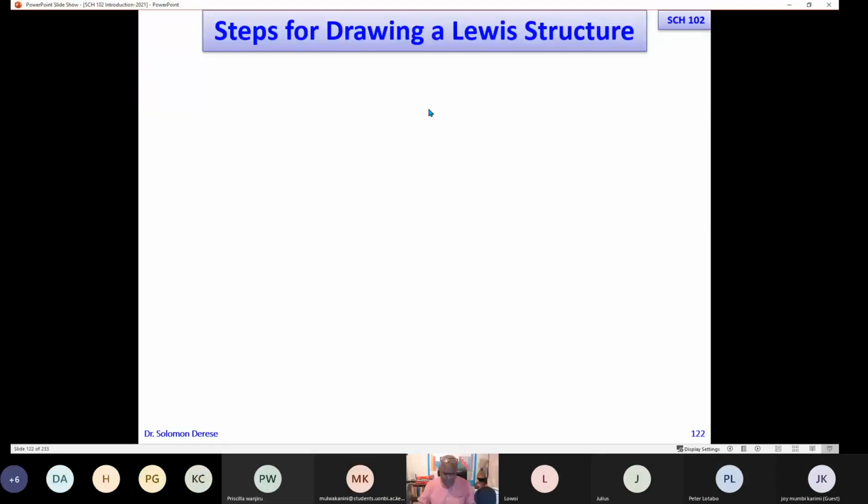Okay, so in the previous 2 lectures, we learned about drawing the Lewis structure of a molecule. And what we learned, when you want to draw